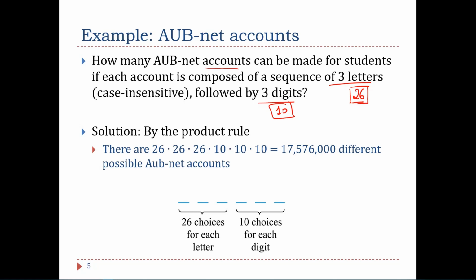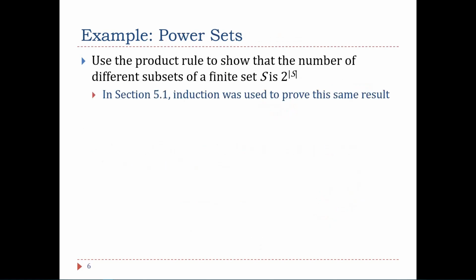So all in all, it's 26 to the power 3 times 10 to the power 3, and this gives you all the possibilities. Another example that we have already tackled when we talked about the cardinality of the power set,